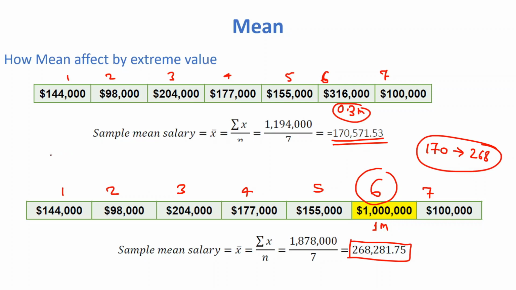So let's say the earlier graph is like this, and now this is the mean of all the 7 employees. Then what will happen? Our graph will change like this. So the mean will be here, like earlier the mean was that, but now earlier it was 170, now it is 268. So the mean has changed. So we can say that any large value can affect the mean.